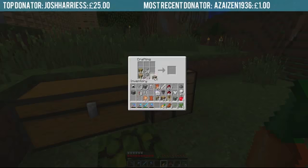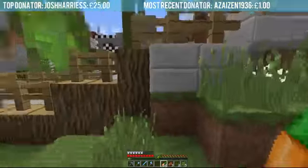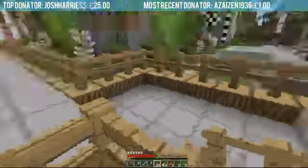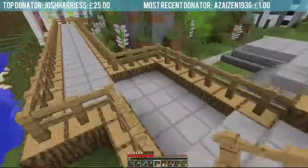Let's make a bunch more of these. Fence posts are ridiculously expensive considering what they are. I don't think I needed that many of them, though. Oh, my word. 49. Man,